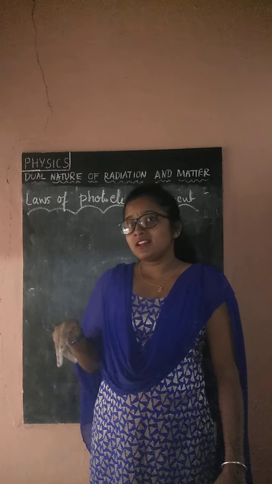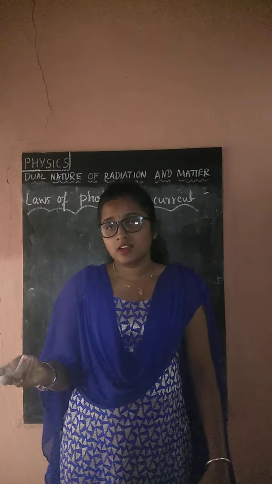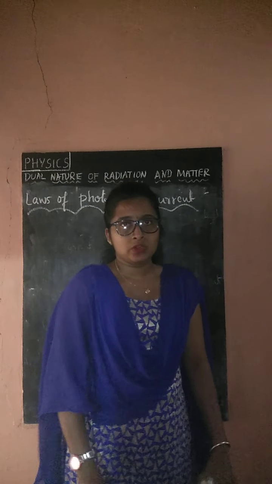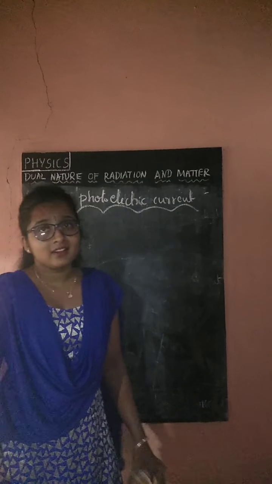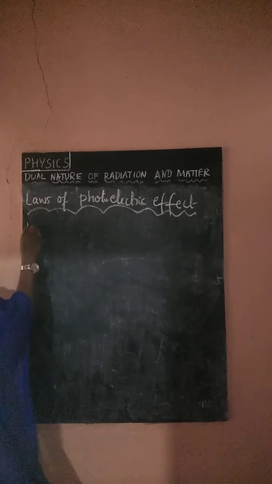The effect of intensity of incident radiation on the photoelectric current, the effect of potential on the photoelectric current, and the effect of frequency on the stopping potential. On the basis of that only, we get the laws of the photoelectric effect. There are mainly 4. So the first one is: